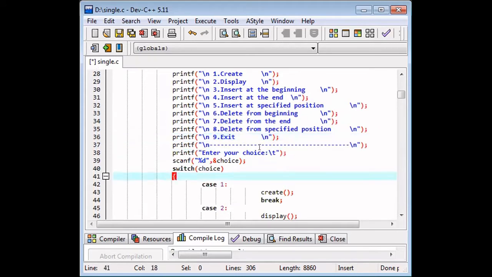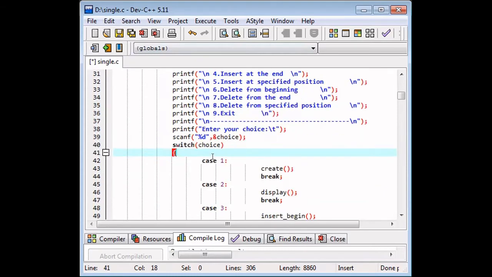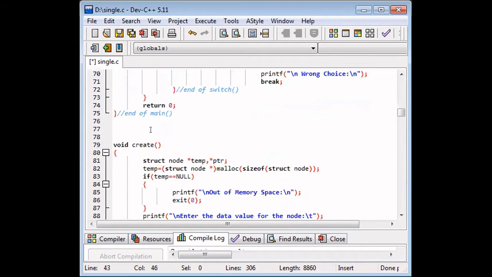Next, you have one printf statement asking enter your choice. Then use a scanf and input the choice. So if I give choice as 1, this is just printf statements. Okay. So here we will have a switch statement for those choices. These 1 to 9 act as a heading for your choice. Now we will give the choice. Once chosen, we need to call a function called create. So the control will go directly to where the called function create is available. So consider now we are giving choice as 1. The control will go to the create program. So create program is here.